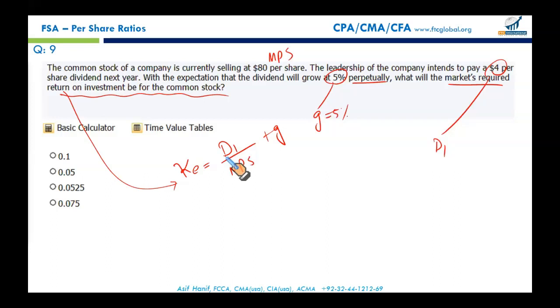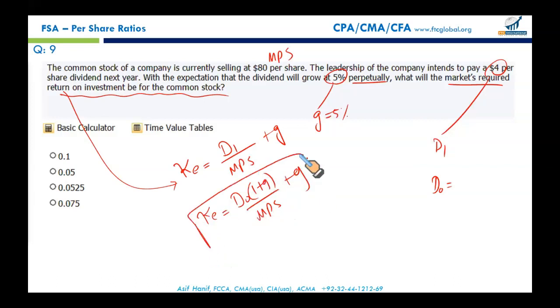And let's say if the current year dividend is given, D0 will be the symbol we use for the current year dividend. In that case, the formula is revised a bit. D1 is replaced with D0 times (1 plus G), upon the market price per share, plus growth rate. So both are the same. It's just that D0 is the current dividend. D0 into (1 plus G) will convert your current dividend into the next dividend. Keep these formulas in mind, take a snapshot, write them somewhere. You just need them in this question, nowhere else.